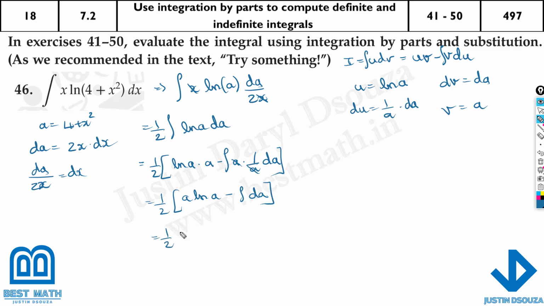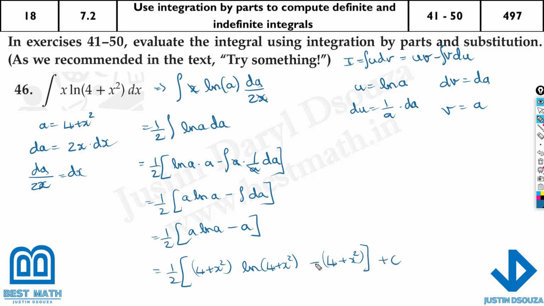So let me write it again in the next step. ln a, integration of nothing is, if there is just dx, it's x, isn't it? The same way we have a dA over here, so it'll be minus a. That's the answer. Now we can multiply this half inside. I'm just going to leave it outside. That's fine. This is the correct answer itself. So what was a assumed to be? a is 4 plus x squared. So here it's going to be half, outside it's 4 plus x squared ln, again 4 plus x squared, minus 4 plus x squared